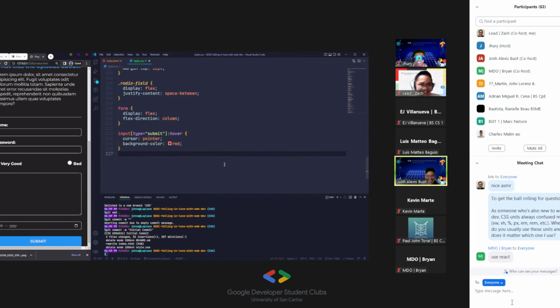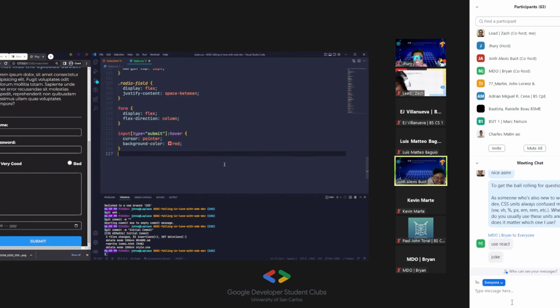So for font sizes, I would suggest, okay, let's just type it here. For font sizes, use EM and REM. The difference between an EM and a REM is a bit complicated. The REM is the root EM, so it takes the conversion of the browser. Let's say the conversion was 16 px, for the previous example. It takes the conversion of 1 to 16 px, and it